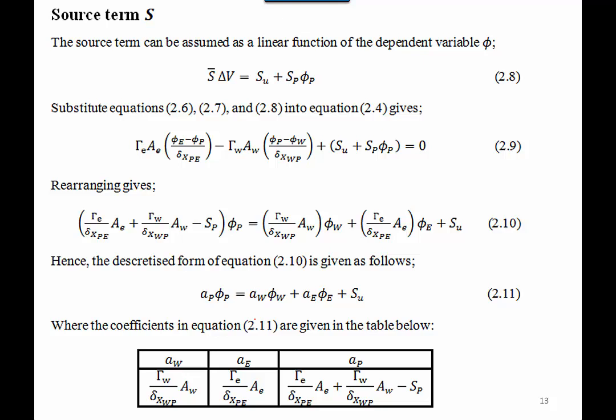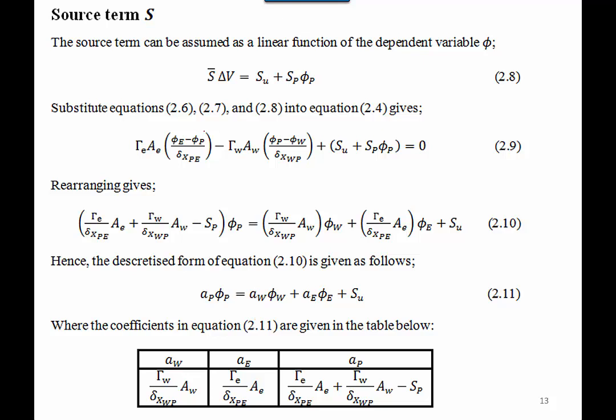If we assume that this source term is a linear function of the dependent variable phi, we will have equation 2.8, which is S bar multiplied by delta V, equal to a constant value SU plus the slope of the function SP multiplied by the dependent variable phi at point P. If we substitute equations 2.6, 2.7 and 2.8 into equation 2.4, it will give us equation 2.9. As shown in this equation,